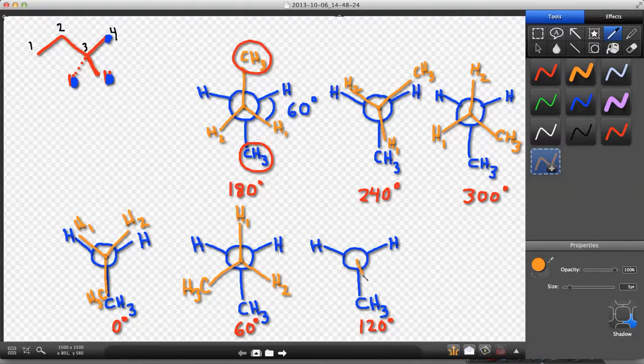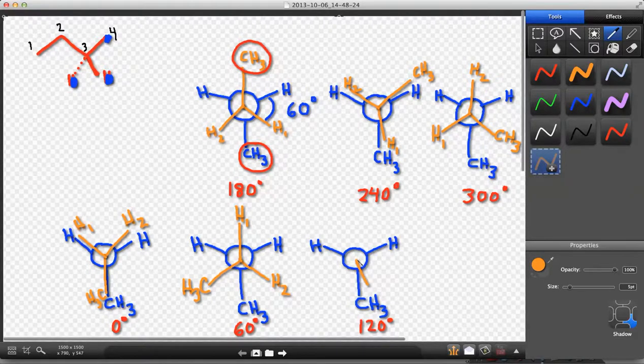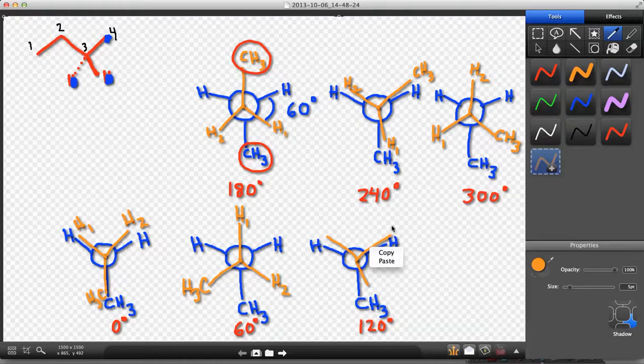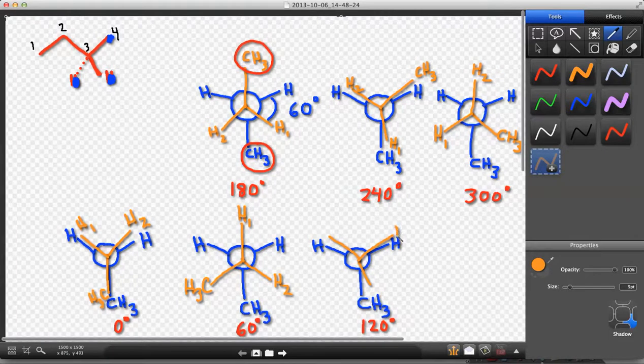And finally we'll have eclipsed again. We have all 6 rotamers now present